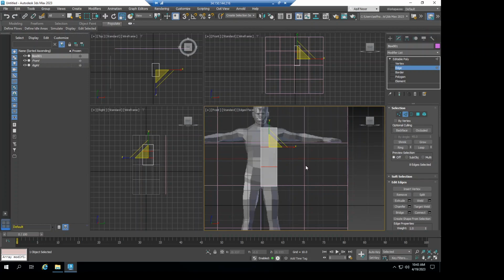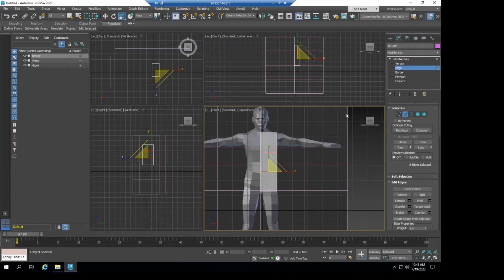Okay, so now we will start adjusting these by going to the move tool by pressing W, and vertex selection mode, maybe it's easier, and move these vertices up a little bit. So what I'm trying to do is position these vertices so we can extrude the arm from here, and these two up a little bit, and also here, and this is fine. So now we'll go to the right view,